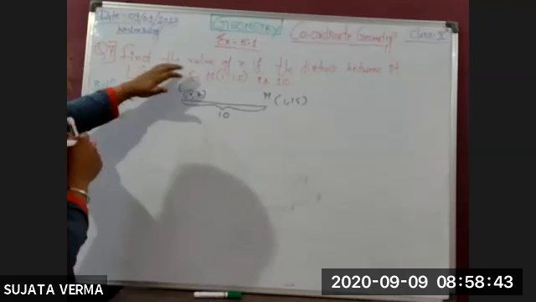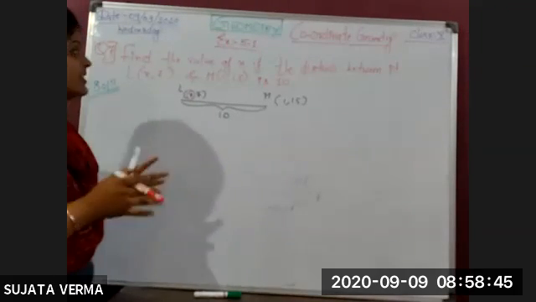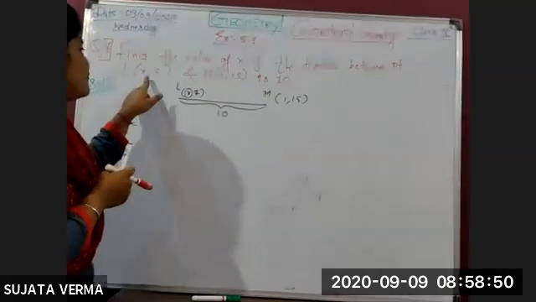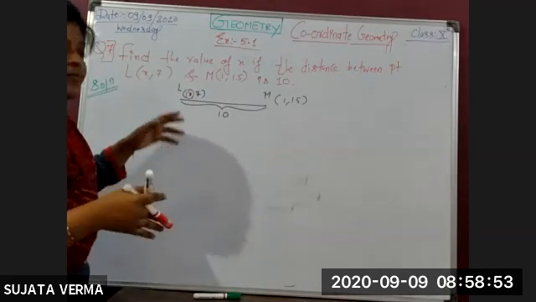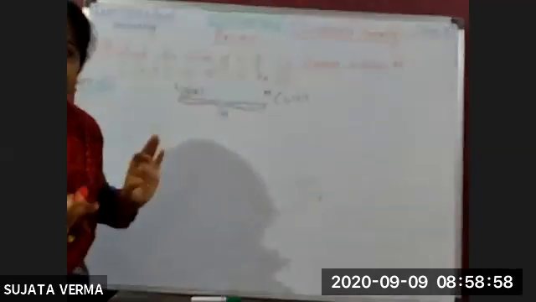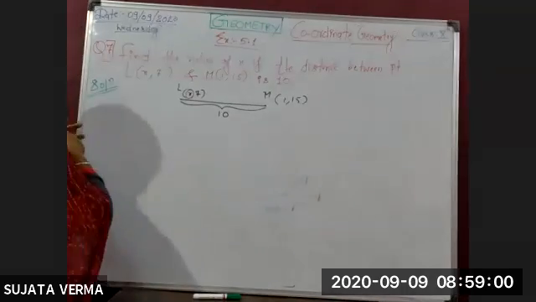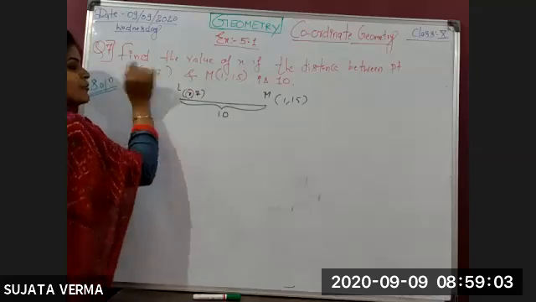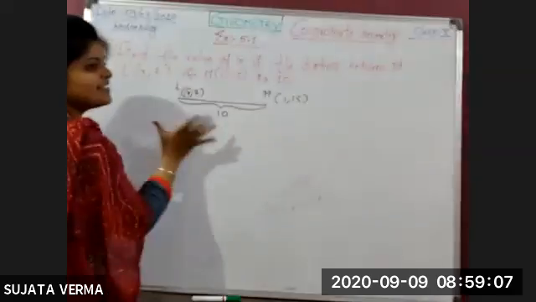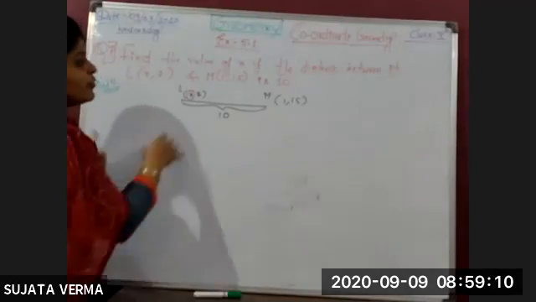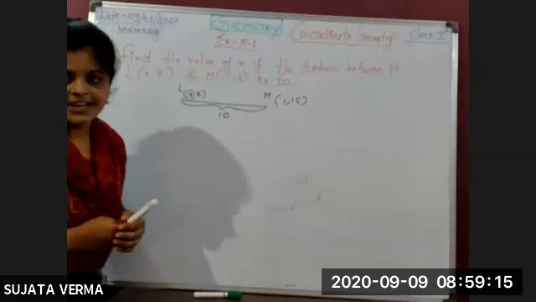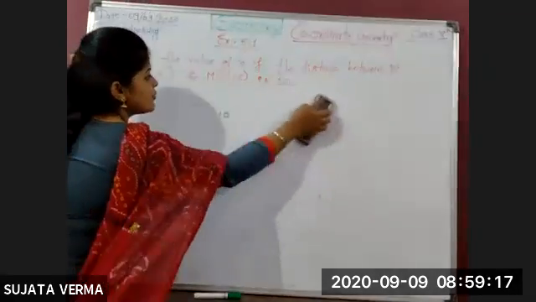Okay. This type of question carries 3 marks. In another way, they may give the value of y, so we have to find the coordinate x. And if the x coordinate is given, then we have to find the y coordinate. So in this question, the x coordinate we have to find. The y coordinate is given. And what else is given? The distance between two points. So we use the distance formula and then we find the value of x. Okay. Now, how do we solve this question?